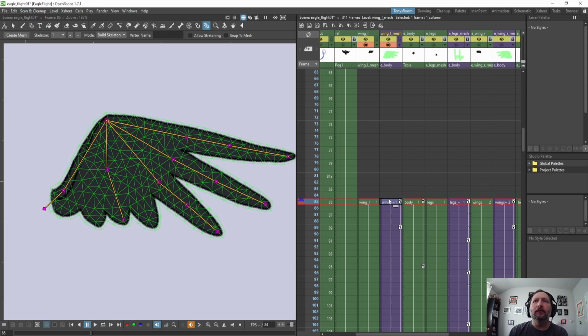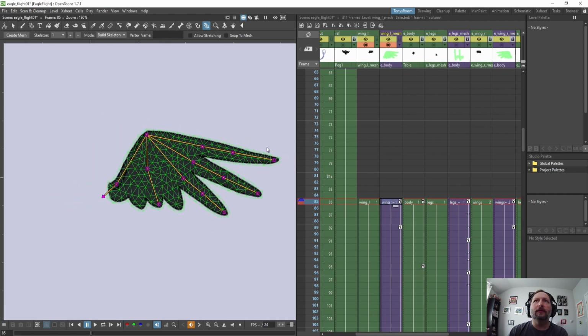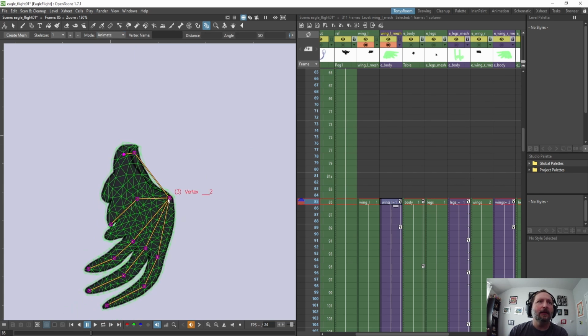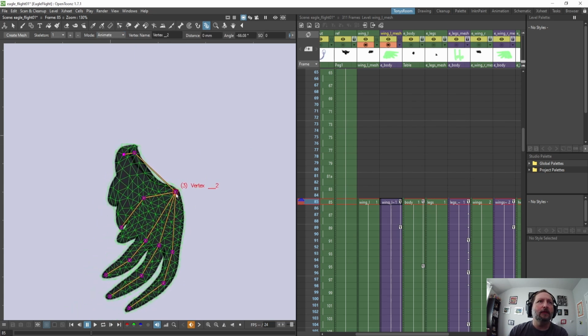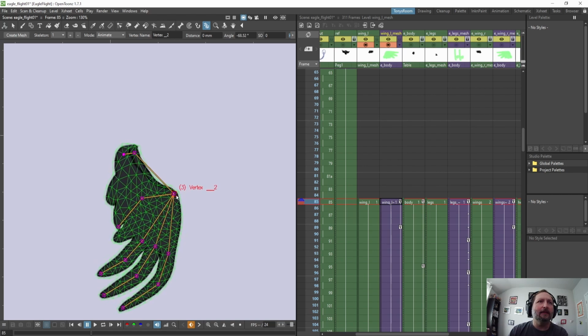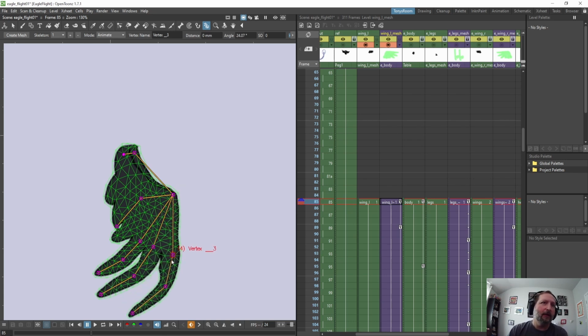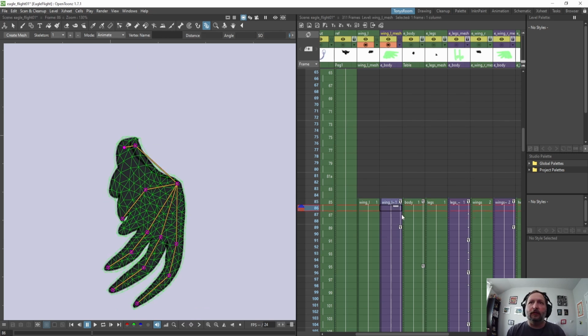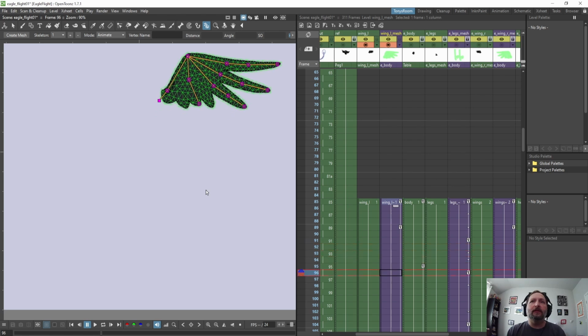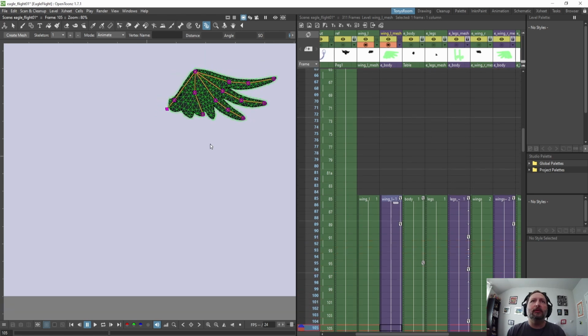And these are the bones. And so on this first frame, if we go to animate up here, instead of build skeleton, I had just moved the wing down like this and set a key for all of the verts, or the bones. That's what I call them, because these actually move the mesh. And if we scroll down through the animation, I just animated it coming up,